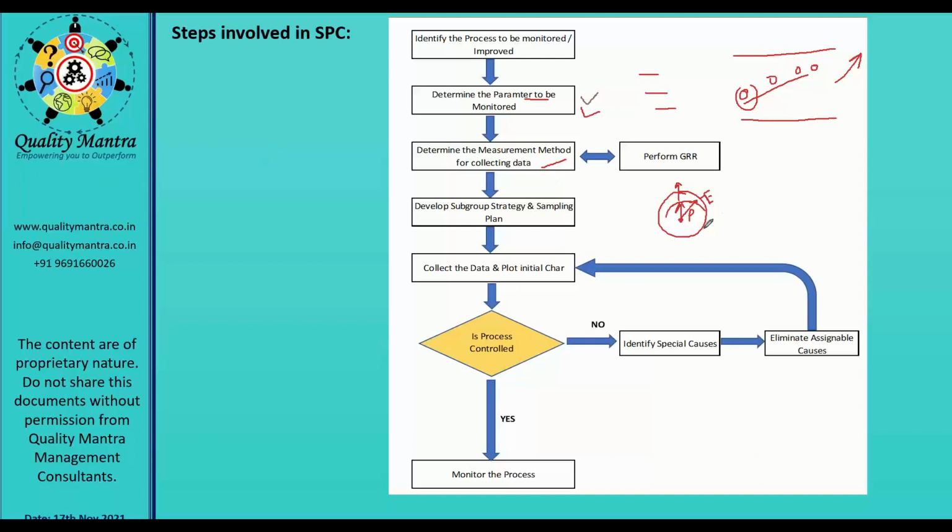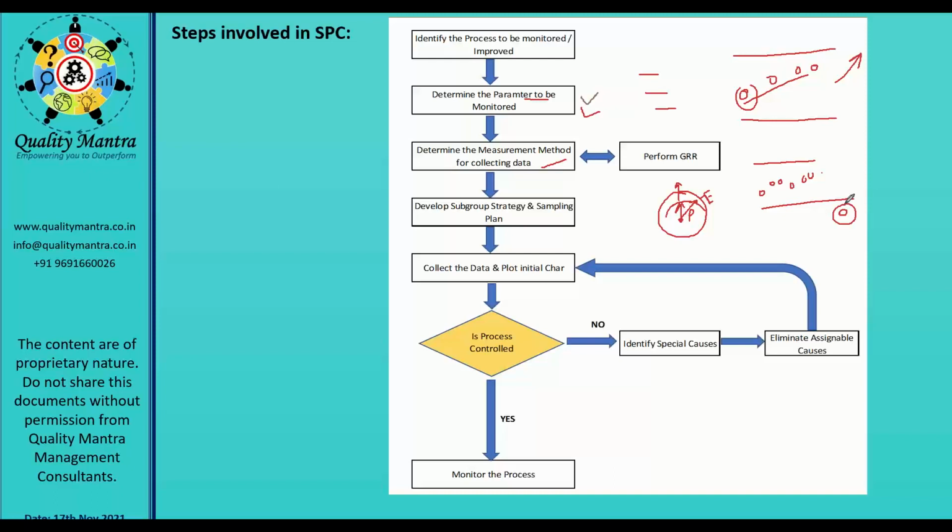So if the indication is wrong like this, what will happen? Actually it is empty but it shows you full, so after some time what will happen? Your vehicle will stop. So it means you cannot rely on the data. But if you start measuring on your control chart, if you are monitoring the fuel level of the vehicle, you will keep on plotting that yes, you have the fuel. But actually, what will happen? Actually, it is empty, and your vehicle will stop. So data reliability is very important.